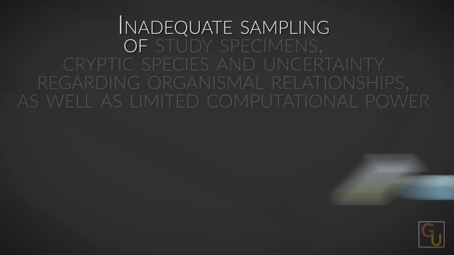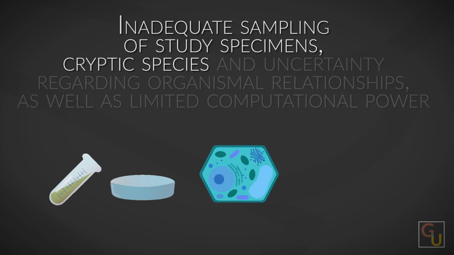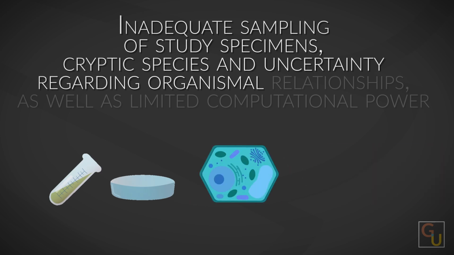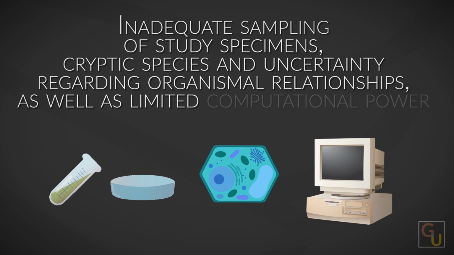However, for many hyperdiverse lineages, explaining global patterns of speciation and diversification and connecting them to their complex patterns of adaptive radiation and morphological evolution has been a formidable challenge. Inadequate sampling of study specimens, cryptic species, and uncertainty regarding organismal relationships, as well as limited computational power, have often posed problems when researchers have attempted to study such extensive lineages with interesting questions on their evolution and diversification, like